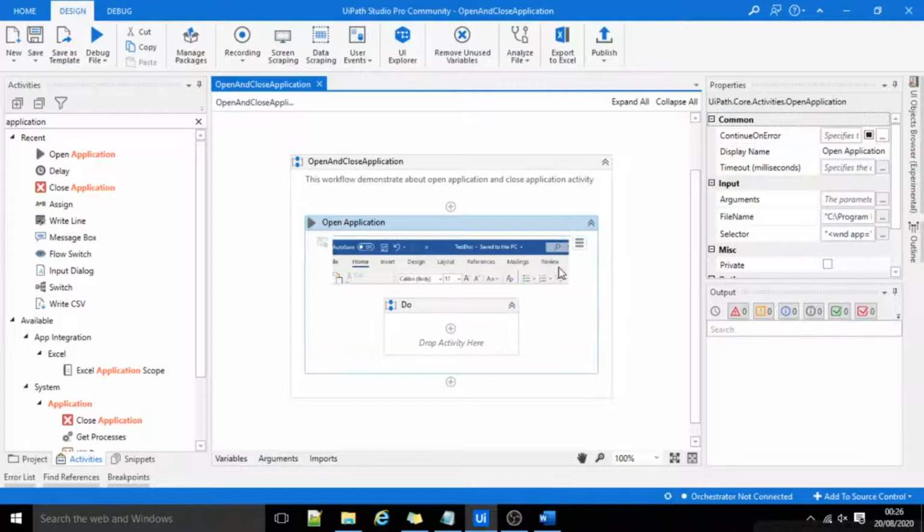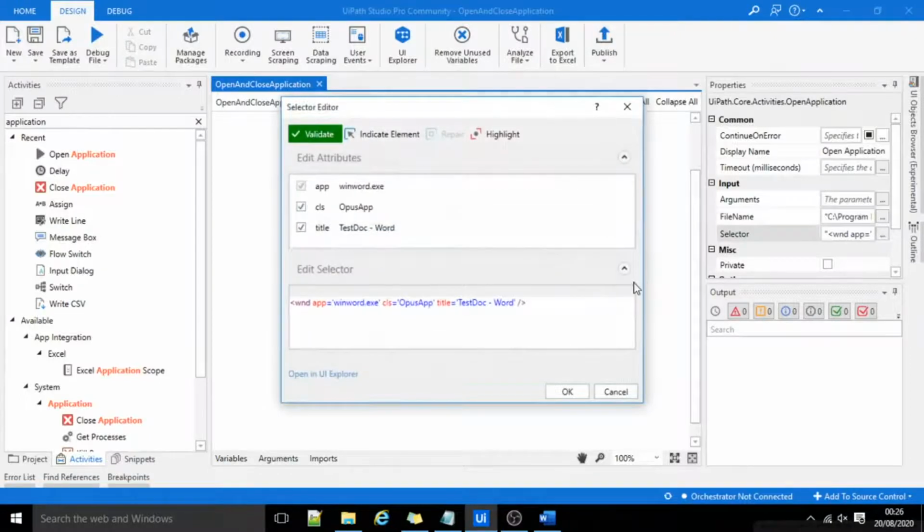Here I'll go to one of its properties, that is selectors. Here there is one property by the name of title. It means it can open any document that has the title testdoc.docx.